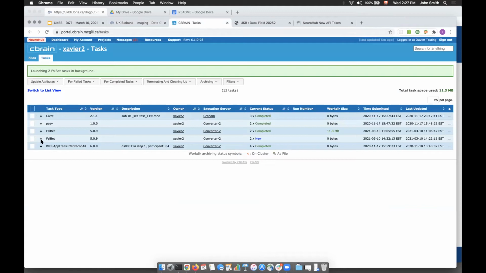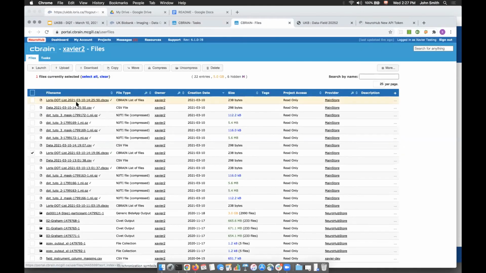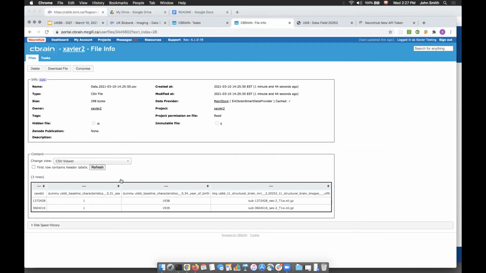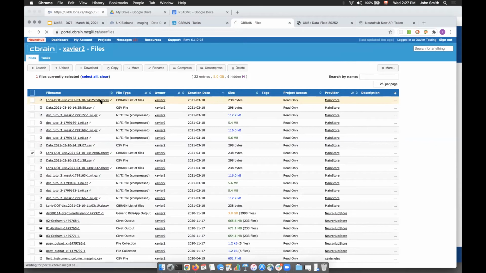And then we'll transfer your data. I'll just open a new tab to show that a new file has been created as of two minutes ago. Well, two new files: the CSV one and the CBrain file list.